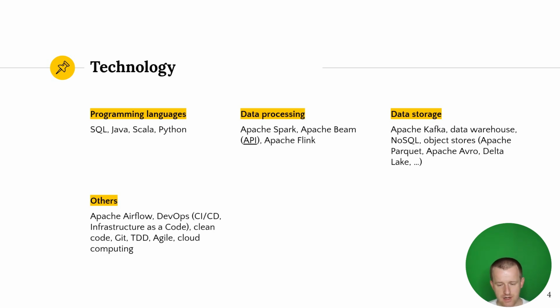There are some DevOps practices like CI/CD integration and infrastructure as code, because it's very helpful if you work on the cloud. Programming best practices, like I mentioned, clean code. Git knowledge is also quite important. TDD approach, test-driven development. Agile, knowing Agile, how to build a product, not in waterfall mode where you build a pipeline during 2 months, and in the end it doesn't meet the business scope. And finally, cloud computing.